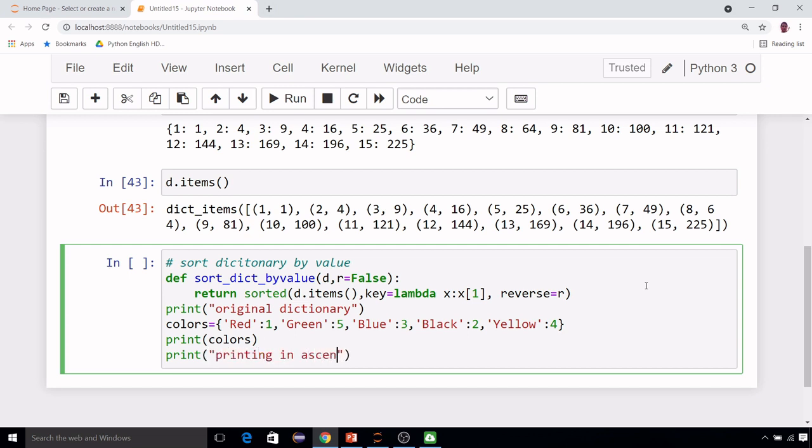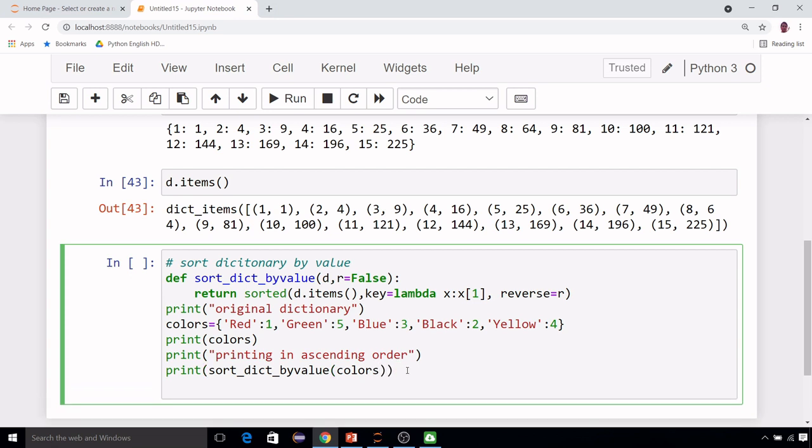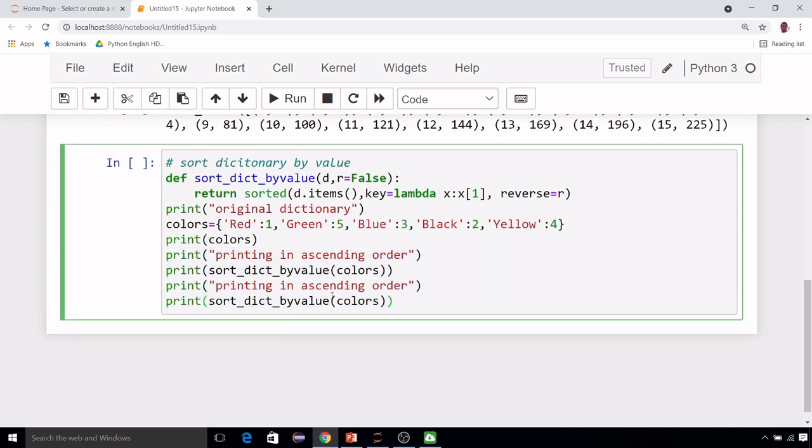in ascending order, and for this I am just calling this particular function by passing only the dictionary, done. Then the same thing I will copy and paste just here and make it